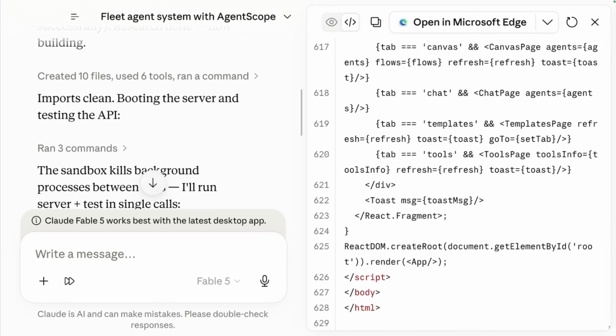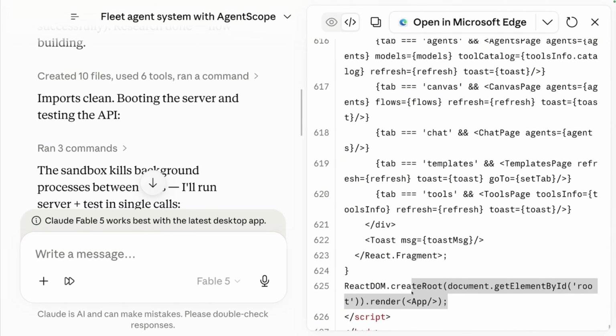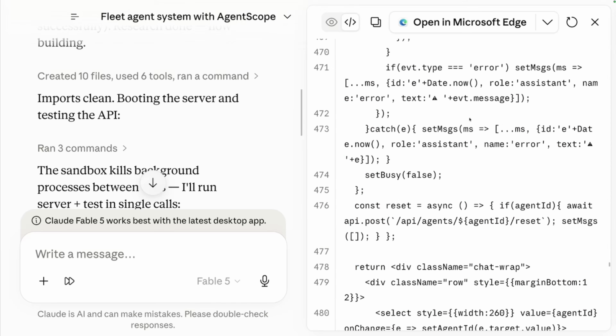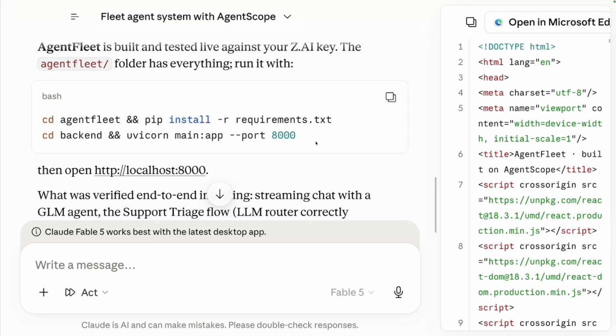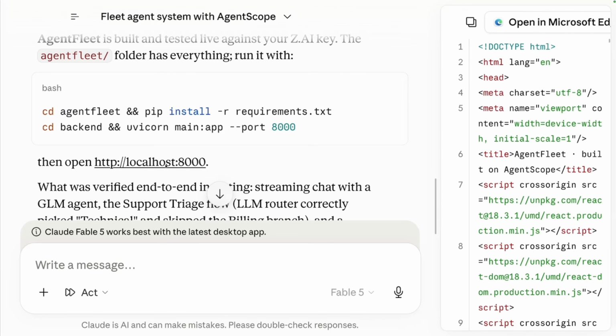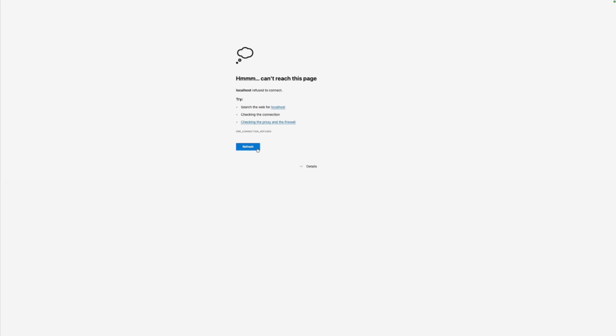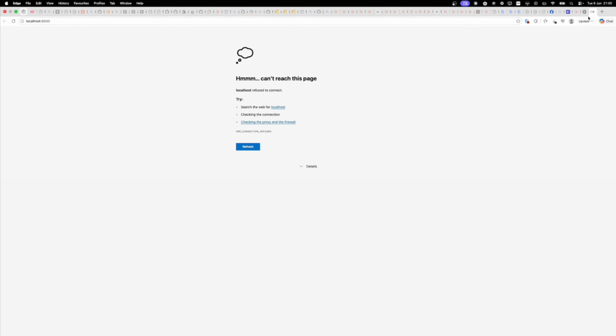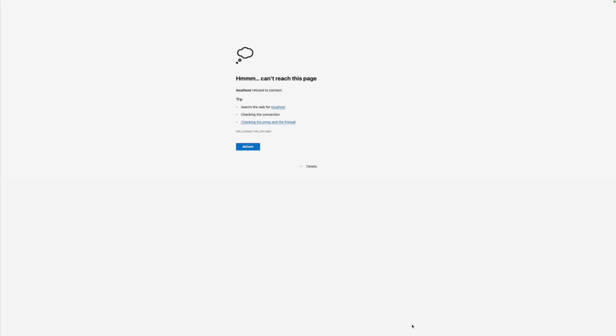So it's actually creating a React component here and attaching it to this app. There is a component called app that is rendering. This is crazy. Let's see what happens now. It says it's available here for testing. Let's open it and see. For now, I didn't see anything. It's kind of blank. Let's go back to it and see.